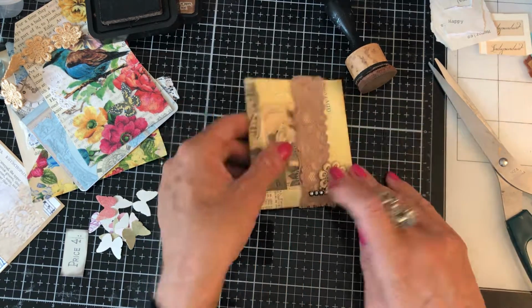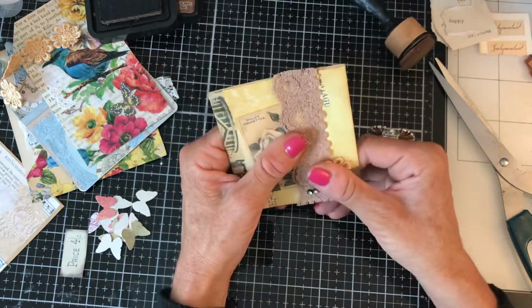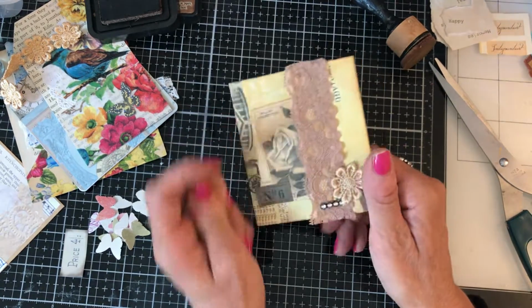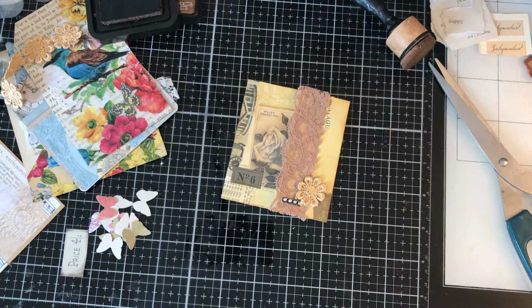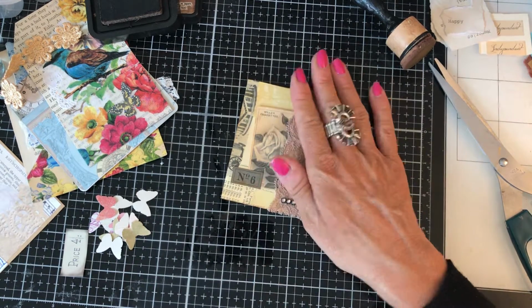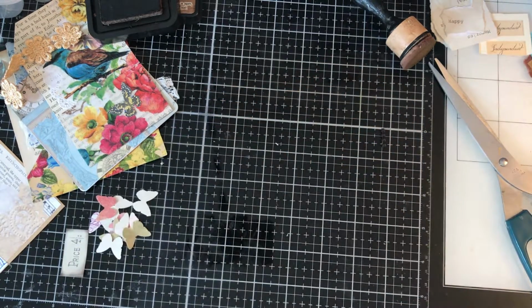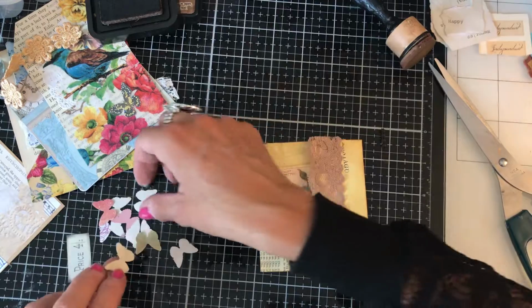Okay, and again, I probably would round the corners on this, but I haven't located my corner rounder as yet. It's obviously in my bag and I don't want to spend ages rummaging around looking for it, so I'll leave this as is, but it looks pretty, doesn't it? So yeah, put that to the, oh, actually, before I do, I was about to put it down, and then